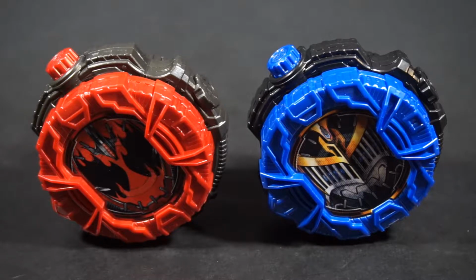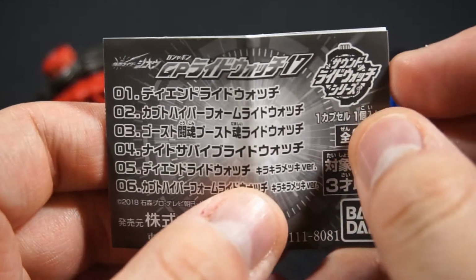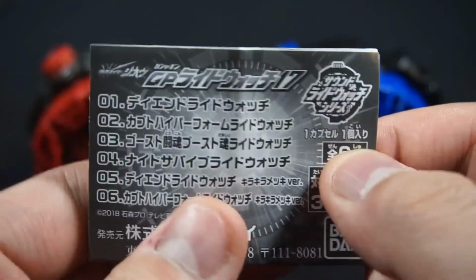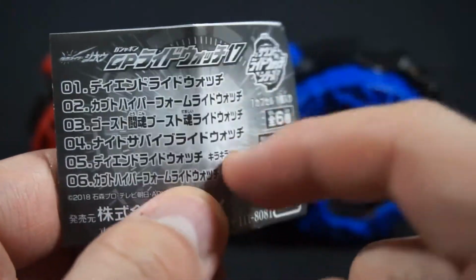I was actually surprised they were going to continue it, because I really thought Gashapon Set 16 was going to be the last one, but halfway it wasn't. So here's the pamphlet for it. Obviously, this comes with DN, Kabuto Hyperform, Ghost Token Boost Damashi, and Night Survive in the metallic versions of DN